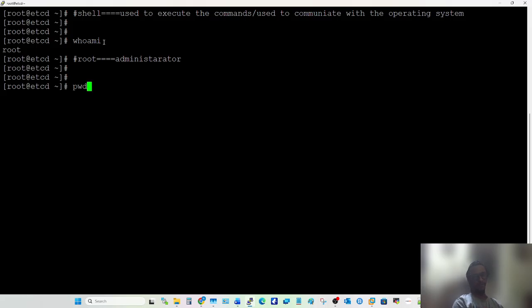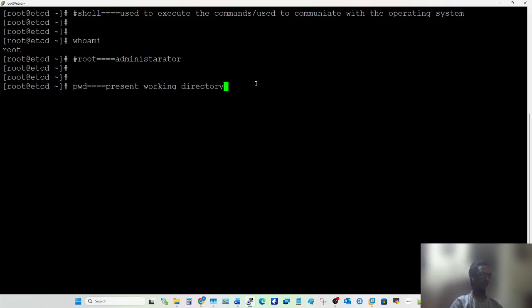pwd. See, some commands have a full form, which helps you recall them properly. This command's full form is present working directory: p for present, w for working, and d for directory.